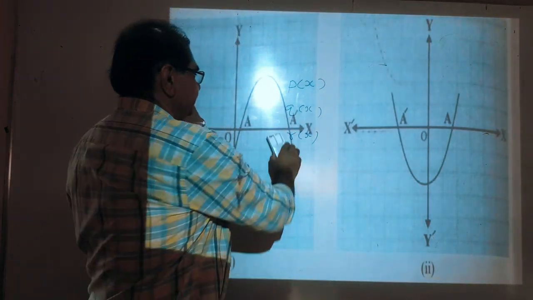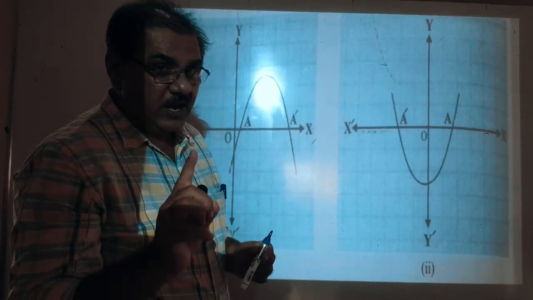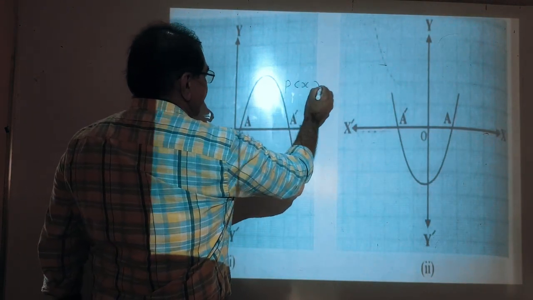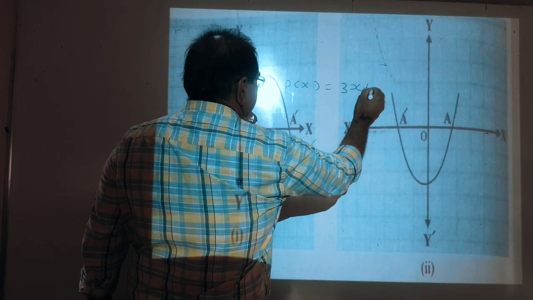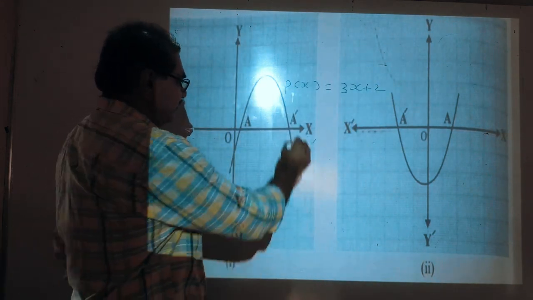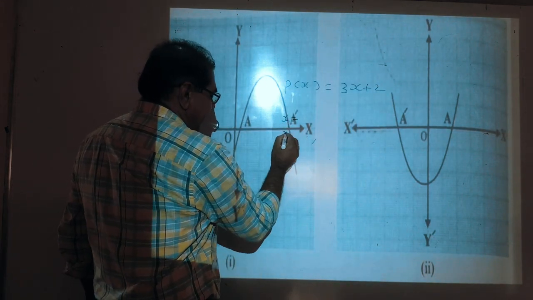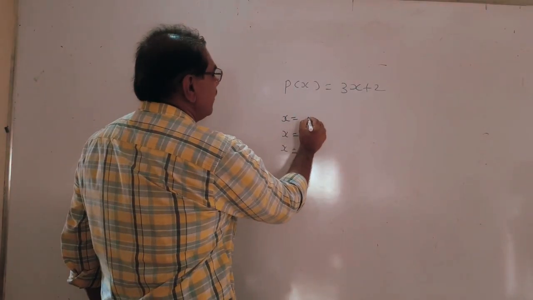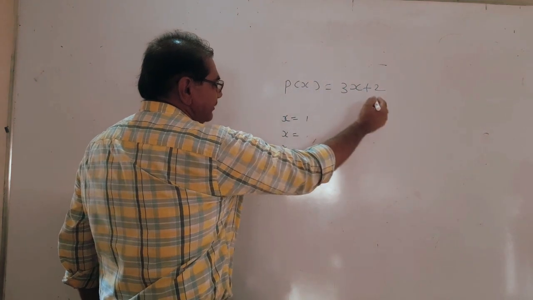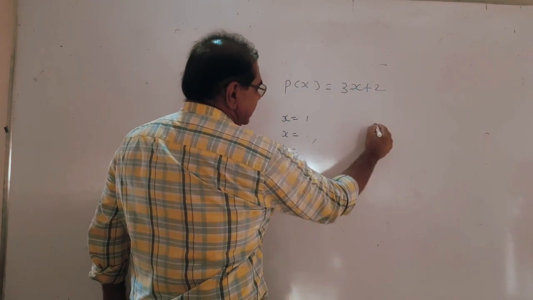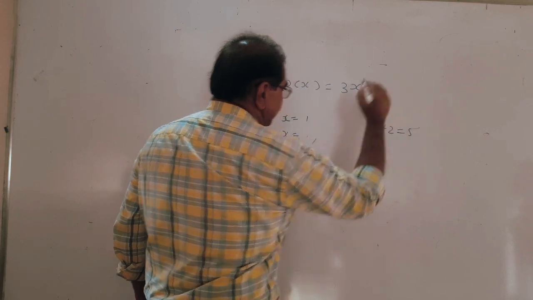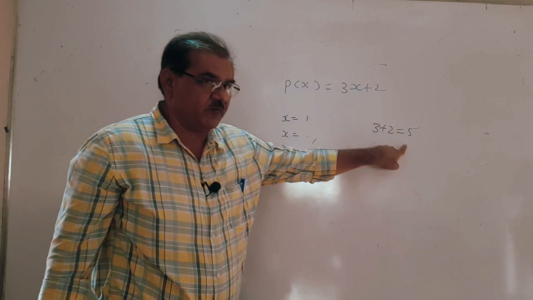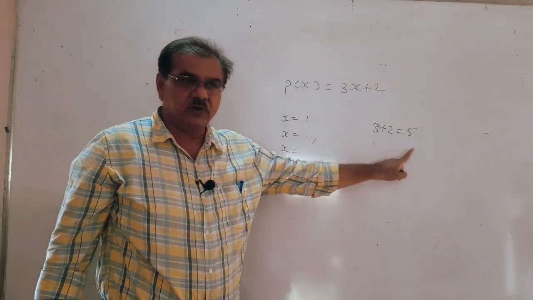That you know already. Now, value of a polynomial. I just take the example of a polynomial p of x is equal to 3x plus 2. Now, for x, I take different values. First of all, I take x is equal to 1. Then what is the value of the polynomial? 3 into 1, 3 plus 2, answer is 5. So I can say p of 1 is equal to 5 when we take x is equal to 1.